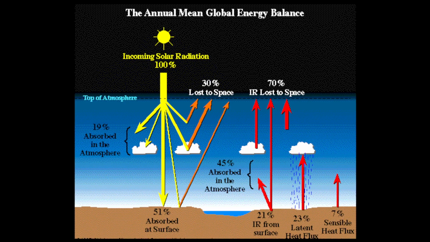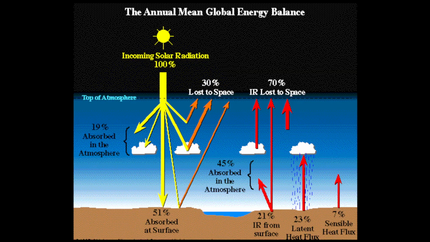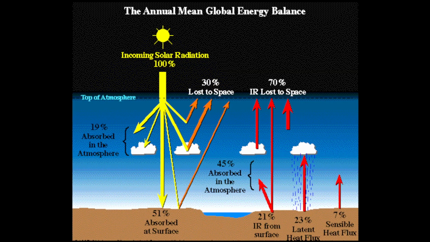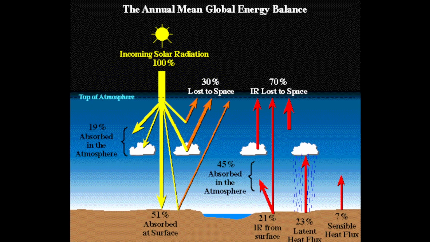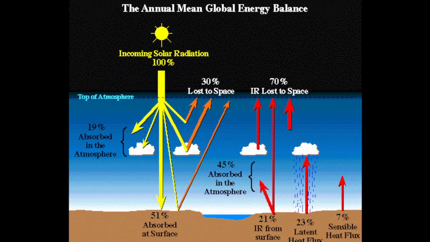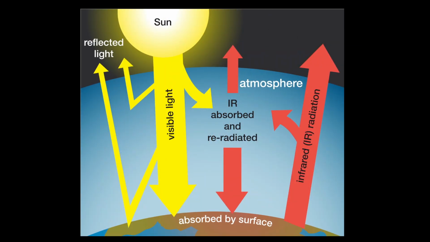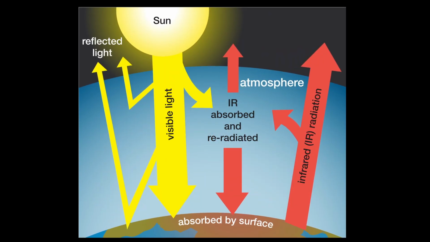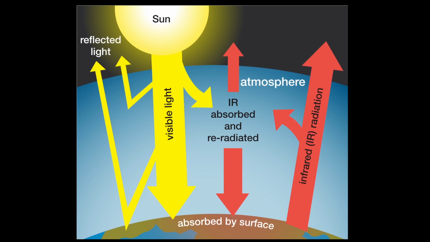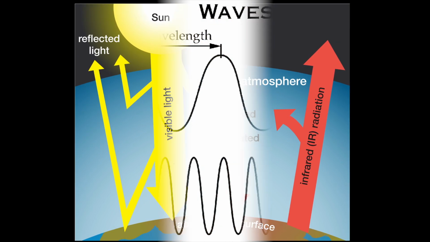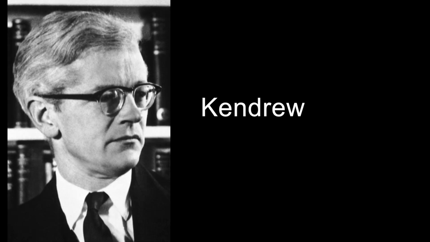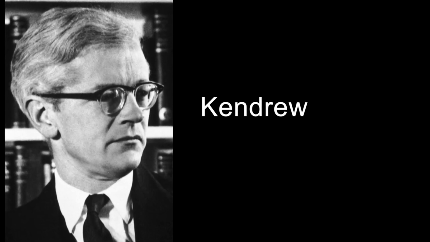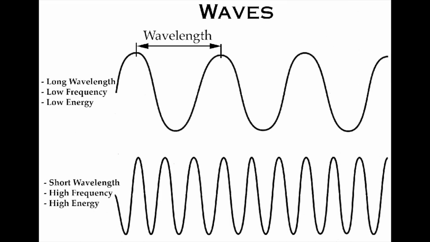In addition, carbon dioxide gas, which is present in the atmosphere in very small quantities up to the great heights, is an efficient absorber of incoming solar radiation that comes in the wavelengths of about 15 microns. In the direct absorption of the incoming solar radiation, the water vapor present in the lowermost layer of the atmosphere plays the most significant part. In the electromagnetic spectrum, a larger percentage is comprised of infrared waves. According to Kendrew, about 43% of the incoming solar radiation is received through these longer infrared waves.